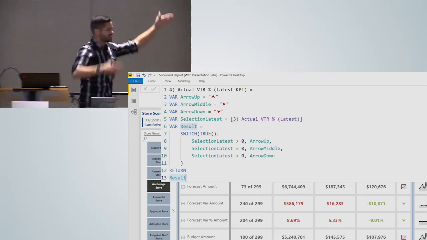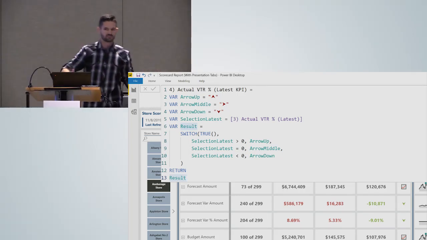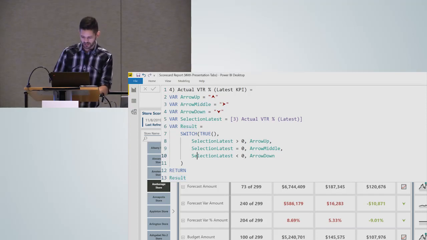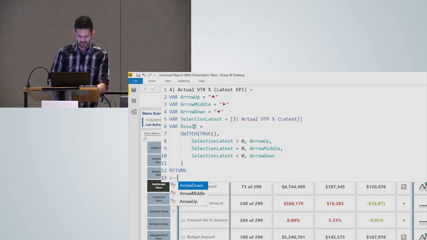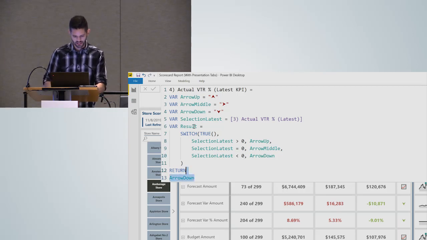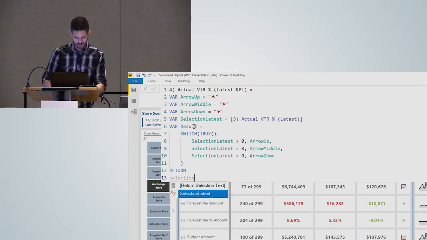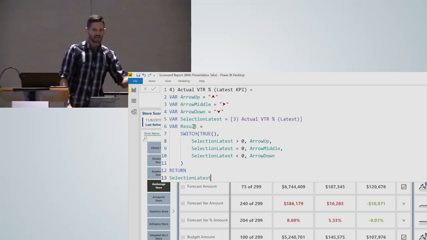So the reason is I can test any variable that I want really easily. So let's just say I have a temp table or just a table on the page and I'm trying to test out to see if this works. Oh wait, the final number seems wrong. Well, now I don't have to come up and comment out everything and add a bunch of comment sections to rewrite it. I can just come down here. Let's say I wanted to test arrow down. I do that. It instantly returns the arrow down function. If I wanted to test selection latest, there we go. Yeah, I can do that. So it very, very quickly allows me to swap through any variable that I have.